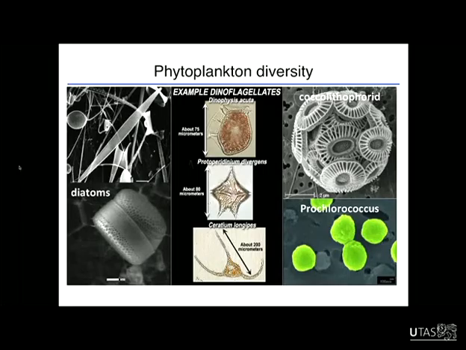Because they're small, they have a relatively large surface area to volume ratio. So if you think of the surface area as the mechanism by which nutrients can get into the cell, and if you think of the volume of the cell as the demand for those nutrients, these guys, because they're small and because of the way that surface area and volume scale with radius, have a very high surface area to volume ratio, so they're efficient at taking up very low concentrations of nutrients. And they are the main photosynthetic organisms in the subtropical gyres. And because they're small, they're efficiently grazed, and that's what I was talking about before, this recycling or spinning of nitrogen in surface waters.